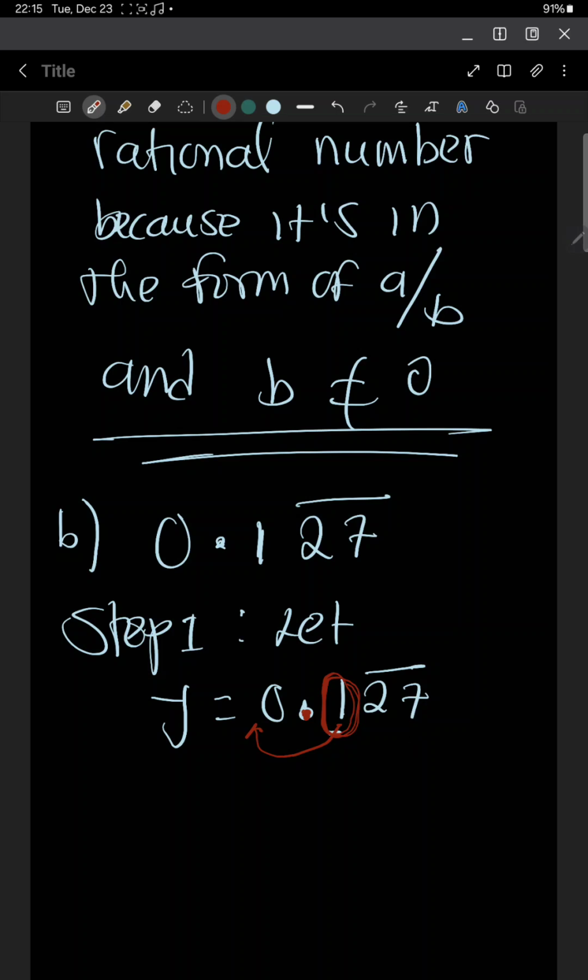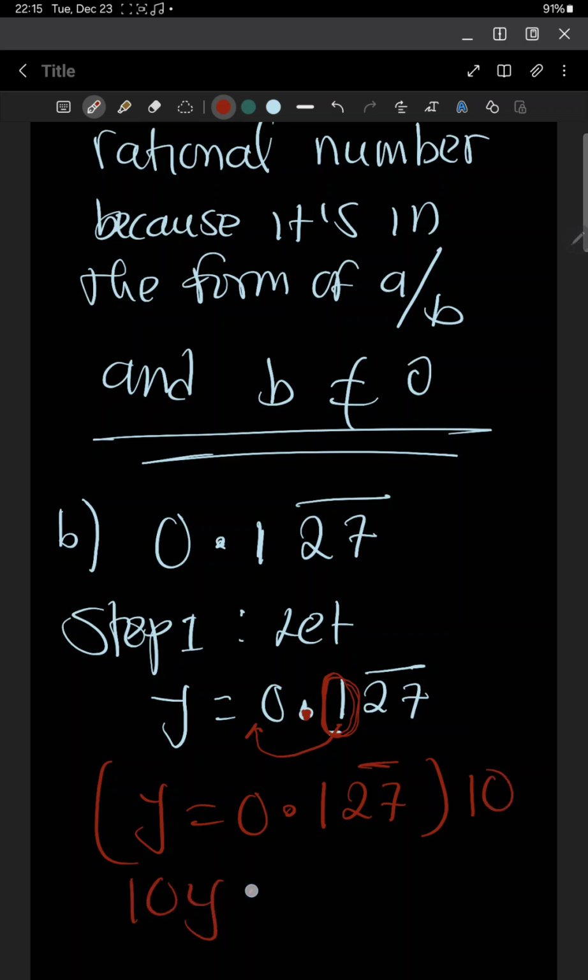So how can I eliminate this one so that I can have only things with a bar? I need to multiply by 10 because this is 1. So we'll say y is equal to 0.127 bar. You multiply by 10. Don't forget, we have a bar. So it will be 10y equal to 1.27 bar. Therefore, that is our equation 1. So have you seen, like I was saying, for me to say that this is equation 1, after this point, what follows should have a bar. If you observe carefully, everything that follows has a bar. After doing that,